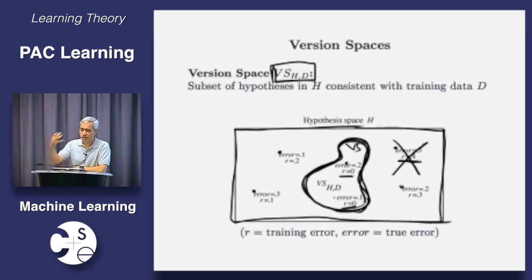I've seen a bunch of examples. I have this many hypotheses left in the version space. They all have training error 0, because otherwise they wouldn't be in the version space. And my question is, what is the biggest error among those hypotheses? Because I know that whatever hypothesis I pick from the version space, its error is never going to be bigger than the worst one. So if I know what that worst error is, I have a bound on the true error of the hypothesis that I'm going to return at the end of the day. Everybody clear so far? Very good.